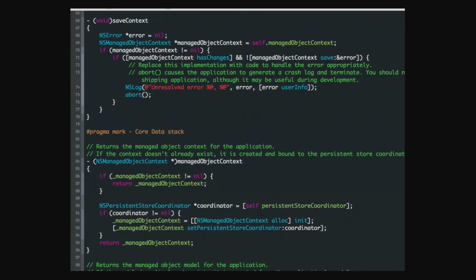It does things okay in that down here we've got managedObjectContext. It's lazily loaded. It follows some of the good paradigms that Ben was talking about in his last session. Lazy load is good. But what I don't like about this is that over here in the save context, it says, well, if we can't save, then go ahead and crash the app.